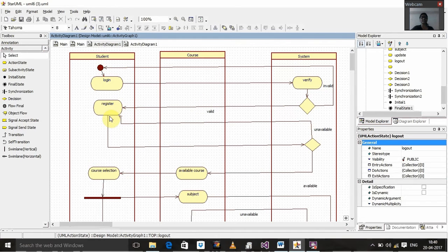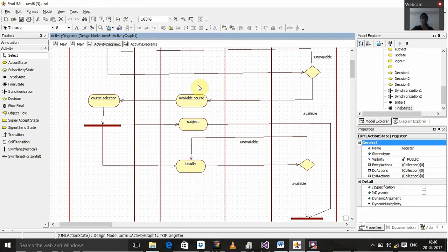Now when the student registers for a course, again it goes to a decision box. If the particular registration is available, it goes to an available course which is part of the course object, and if it is unavailable, it goes back to the registration system where the student has to register again. Then the course selection is done once the availability of courses are seen, and once the course selection is done, it goes to a synchronization bar where it divides into subject and faculty, which is part of the course. So if the subject is chosen, it joins back at the synchronization bar,